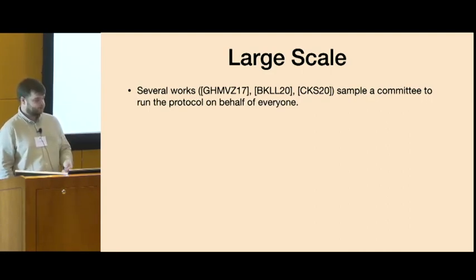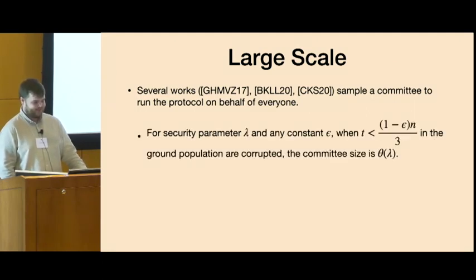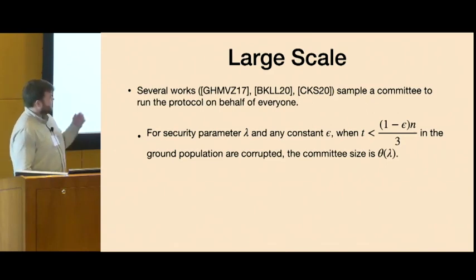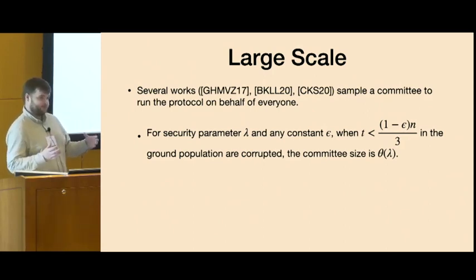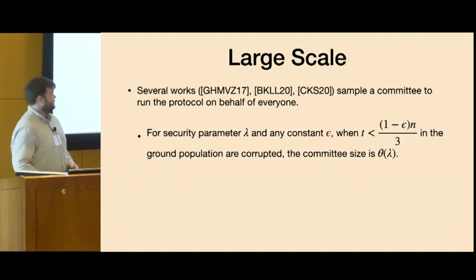And basically, what you do is you sample a committee and then let them run the protocol on behalf of everyone else. But since it's an asynchronous protocol, the committee will usually need to have a super honest supermajority. And so this means that you have to have a significant gap between the amount of corruption you can tolerate in the ground population from which you sample the committee and